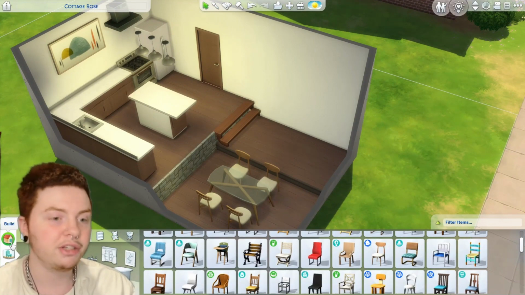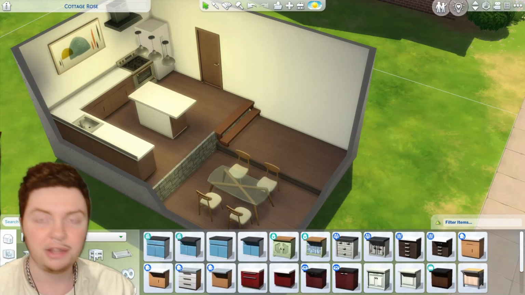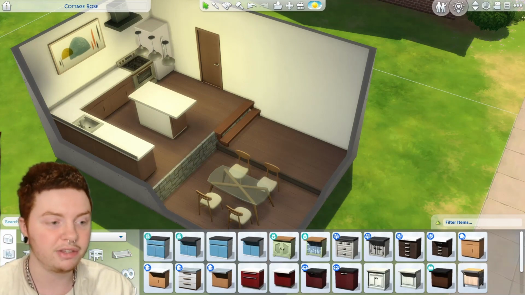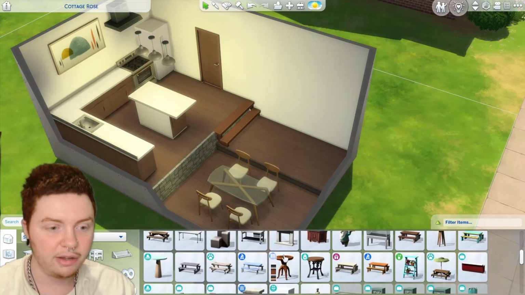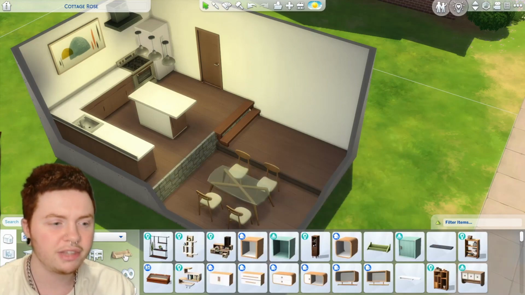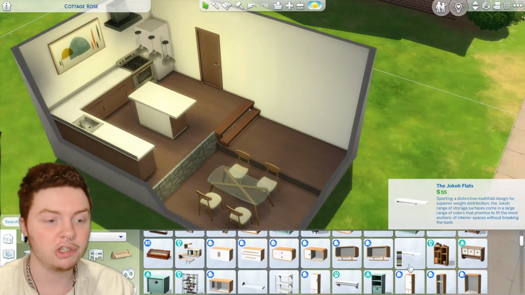I'm thinking what I'm going to do is actually add a bunch of surfaces for us to put things on. So for this, I'd recommend going into the items by category. You can then go to surfaces, which will then allow you to see all of the different surfaces you have. Obviously, we could either have a look in here, is normally what I'll do, or most of the time I will actually look in displays, just because it does give you a lot more options for being able to put